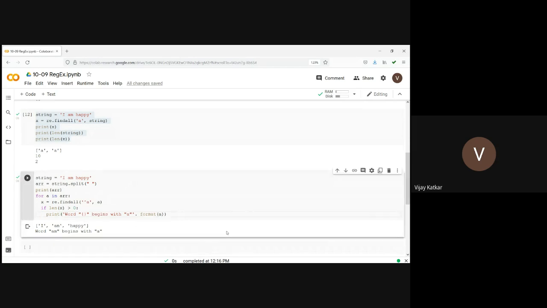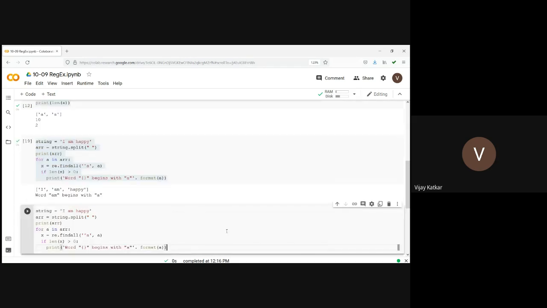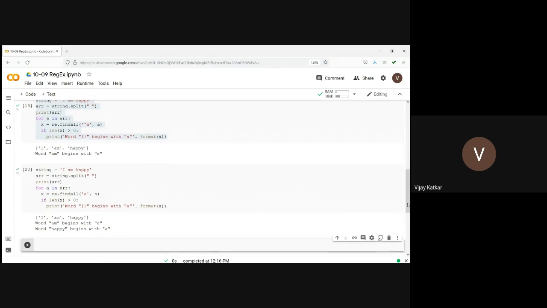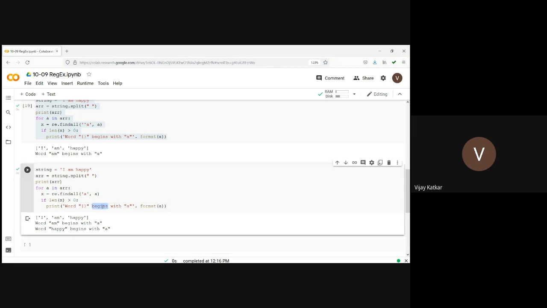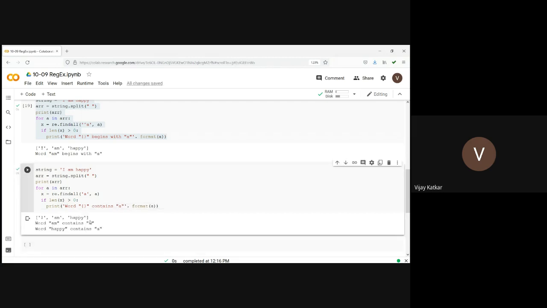But instead of beginning with A, let's say I want to identify how many words contain a. Then I can replace this cap A by a. And then it will be something like this. Word contains a. So here, am is a word which contains a. Happy is a word which contains a.